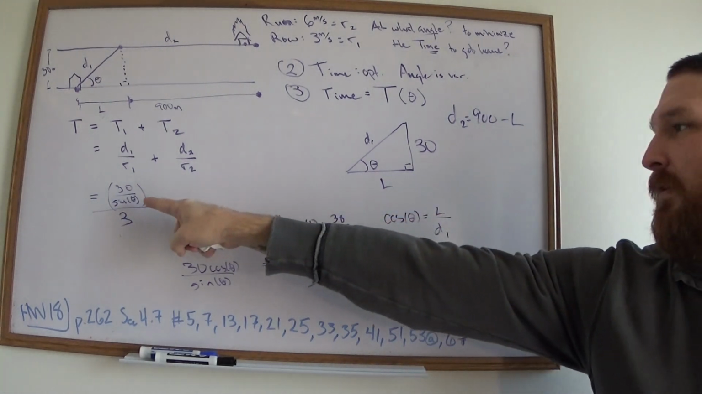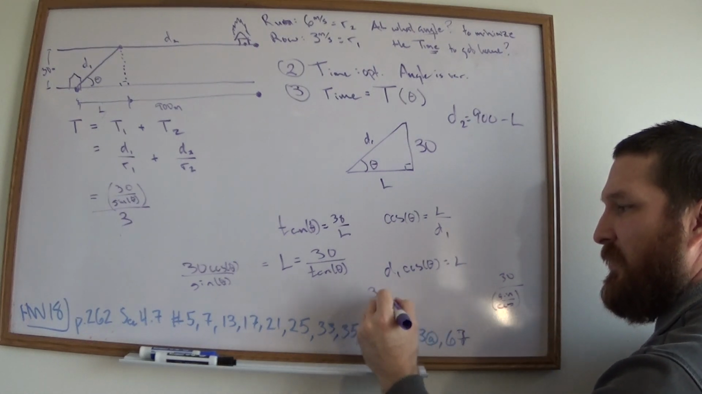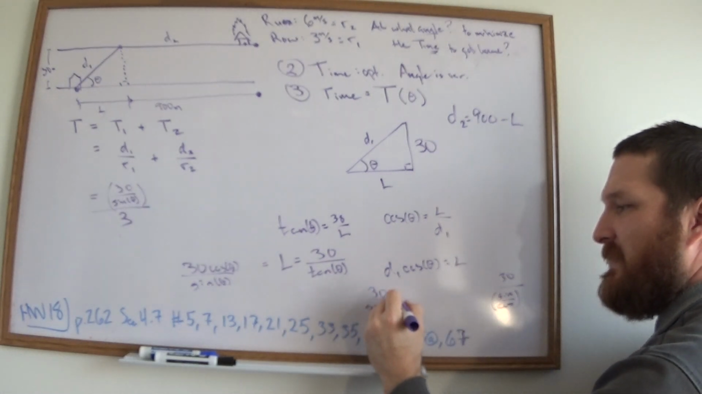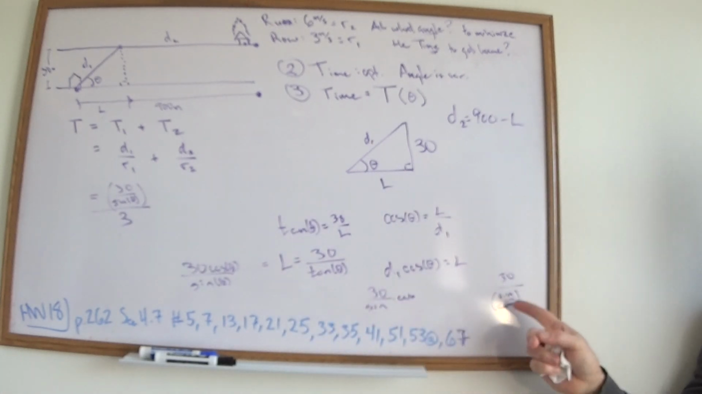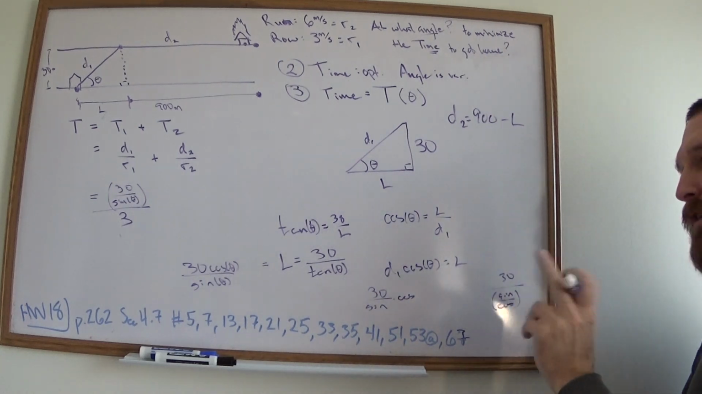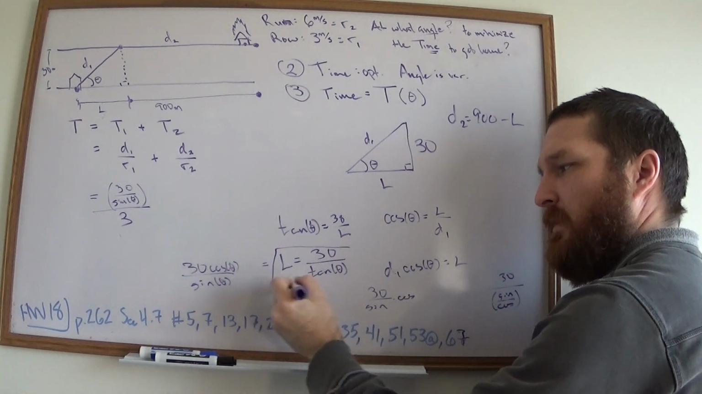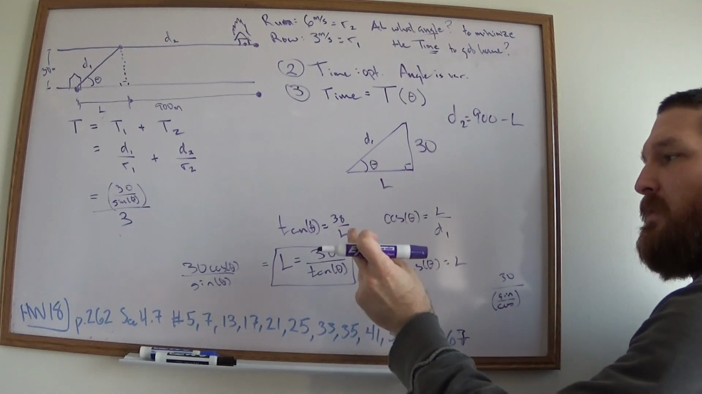I wrote it somewhere. There it was. I erased it. It's the same thing as 30 over sine times cosine. Is that the same thing as that? Yeah. And so we could write this, and I would suggest that if you did it this way, you're about to put that